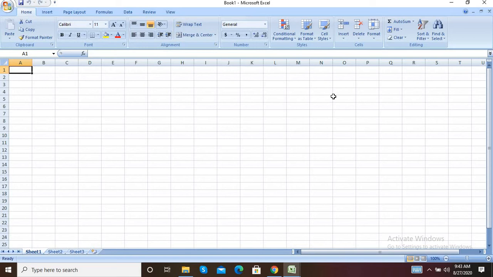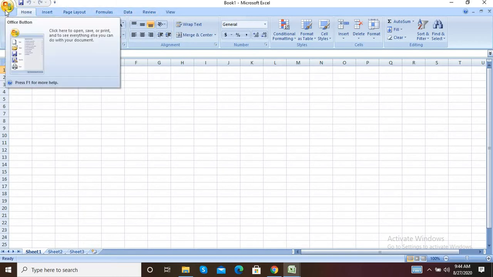Okay, when you open Microsoft Excel, you see the Microsoft Excel window will appear on the screen and a blank workbook having 3 worksheets by default. So this is called a blank workbook. The default name of the blank workbook is Book 1, having 3 worksheets, that is Sheet 1, Sheet 2 and Sheet 3. You see this. Okay, in that this tab is called the file tab.